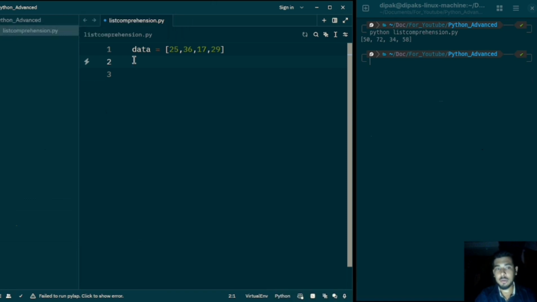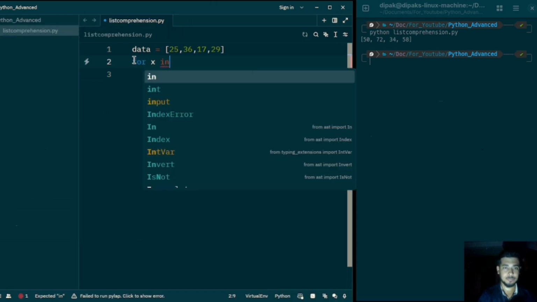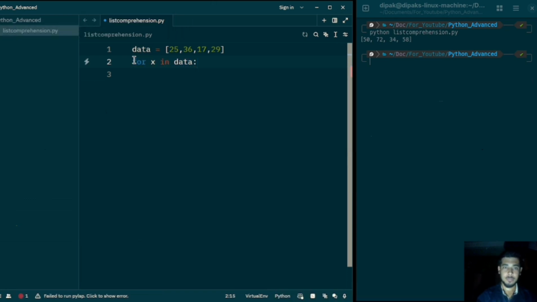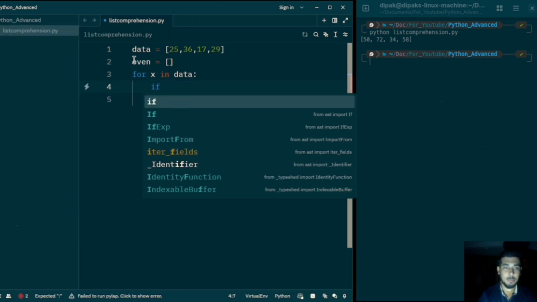To do that, I'm going to first create a for loop. Sorry, I forgot to create an empty list for even numbers first. I'm going to create an empty list called even, and inside this even list I'm going to store all the even numbers. So for x in data, now inside this I'm going to go with if